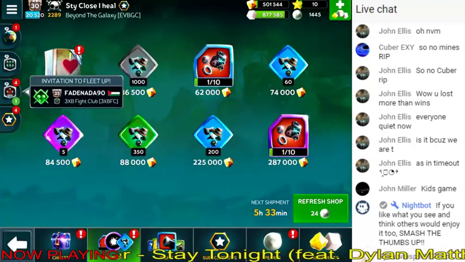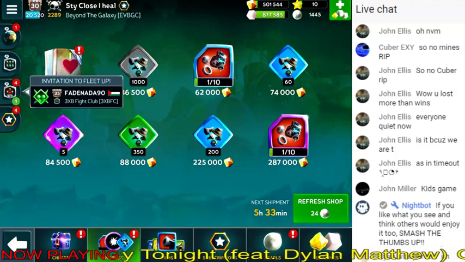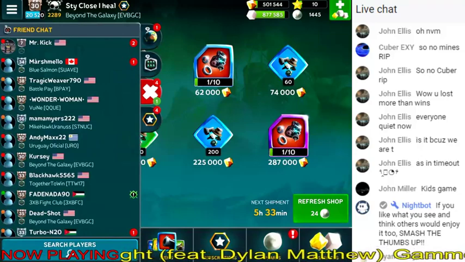Okay, my inventory is full. I have to organize that. So I'm getting a fleet invitation right now. This is what it's going to look like when someone invites you to fleet with them. And then, of course, you can go here and